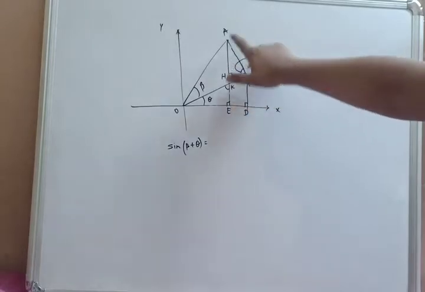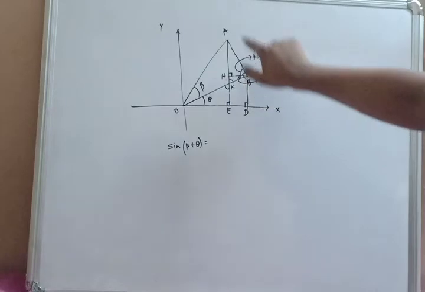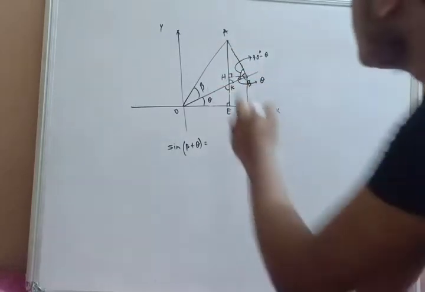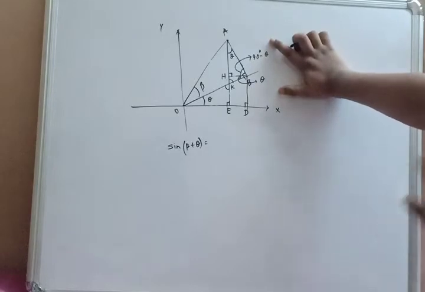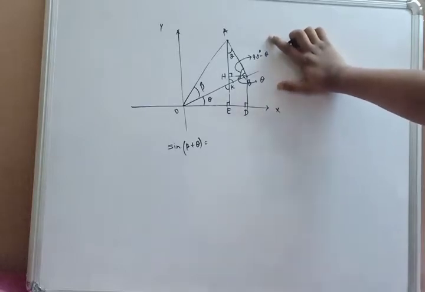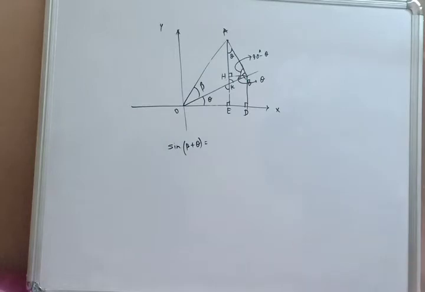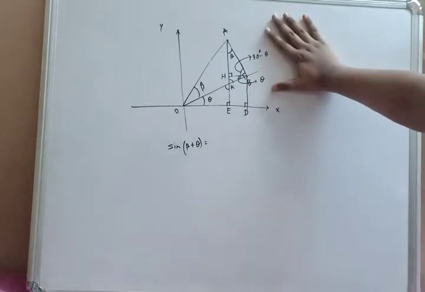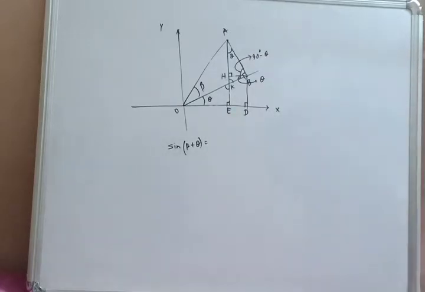Now this is also 90 degree. Consider the triangle AHB. This is a right angle triangle. So angle BAH will be theta. Obviously it is clear from the construction. If you have not understood this construction clearly, please rewind the video, see it again. It is very easy, you can very easily understand it. There are certain constructions you have to make, then it will be very clear to you. This is nothing but a mathematical trick, you can say.